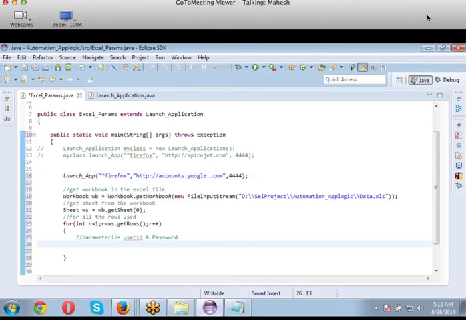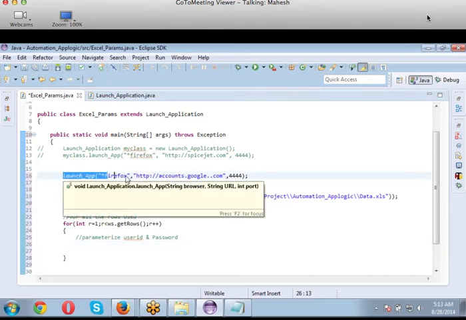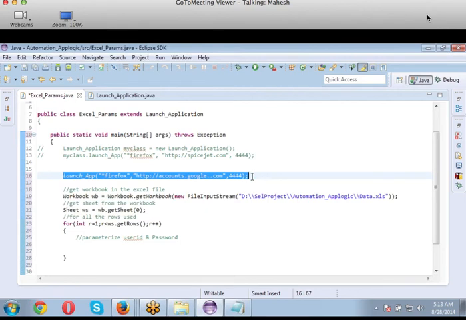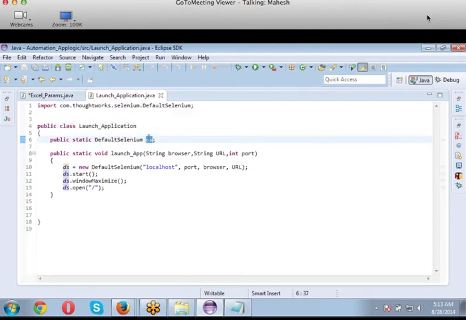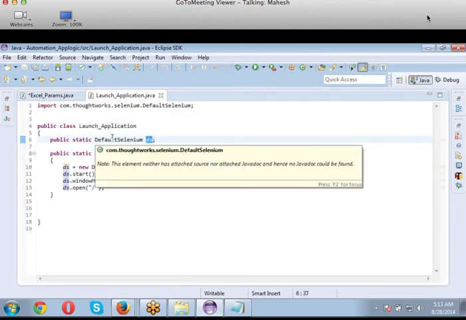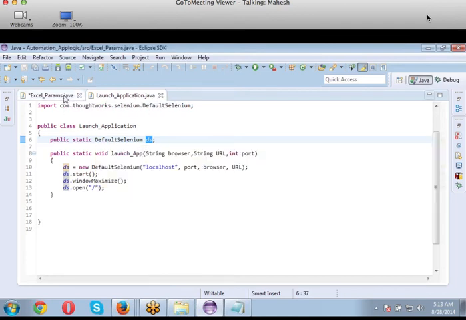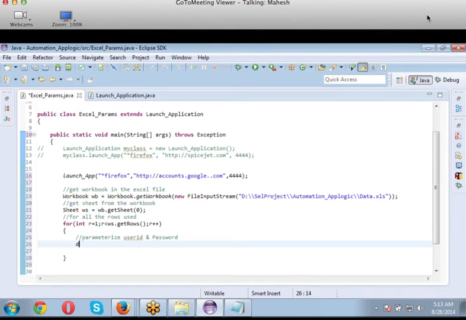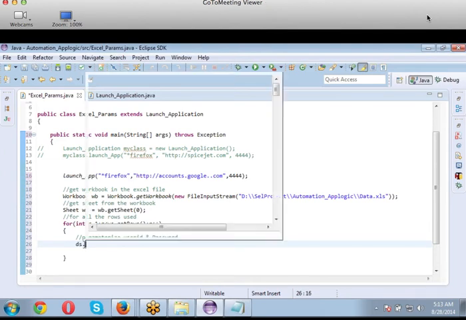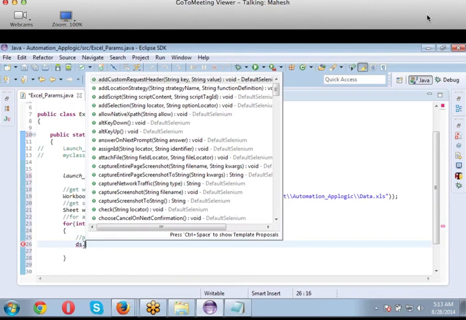The first thing that I have to do here is, when I'm supposed to read the values, I have to type these values inside my text boxes, which are available inside my page, and my page is accessed with this function. Okay. We have created a variable. Remember, in launch application for default Selenium, what is the variable name? DS. We have inherited this class completely along with its variable. So no need of creating a variable again. Simply inside my rows, I say ds dot. Got it? That is the reason we have globalized a variable also.